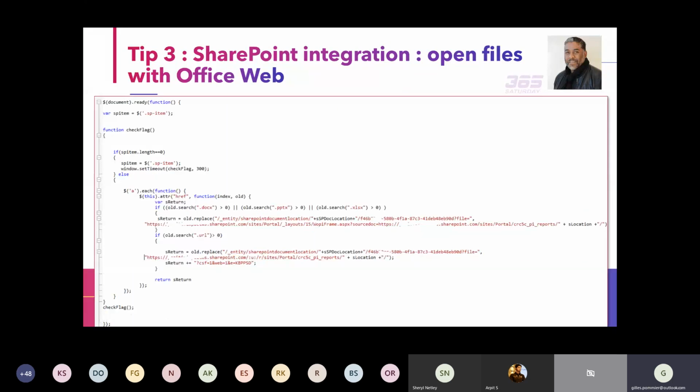And this is the first step that we have to do in our JavaScript, and the second step is this one. So this is something easy if you know how to use JavaScript. What we are doing is that we are waiting for the CSS class SP item to be here, because it means that the table with the document is here. So first we have to wait for that, and when this item exists in my page,